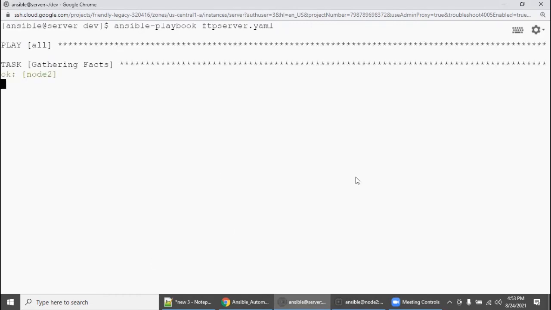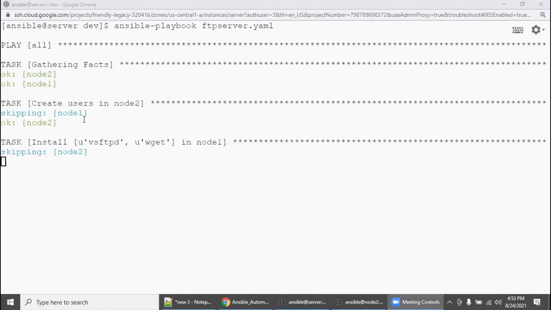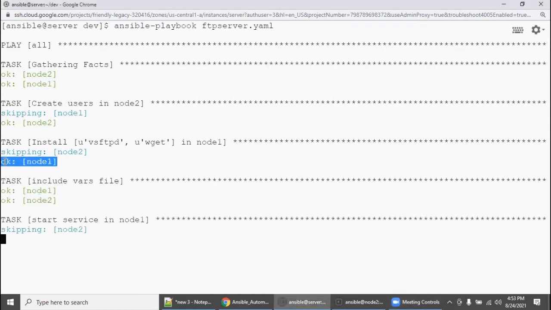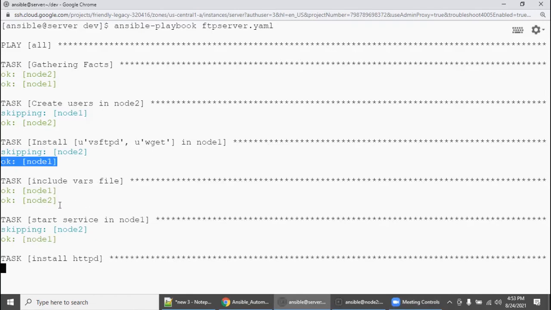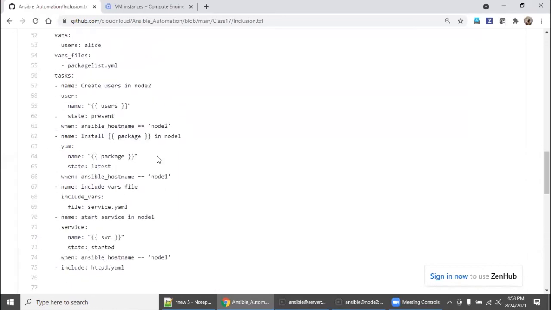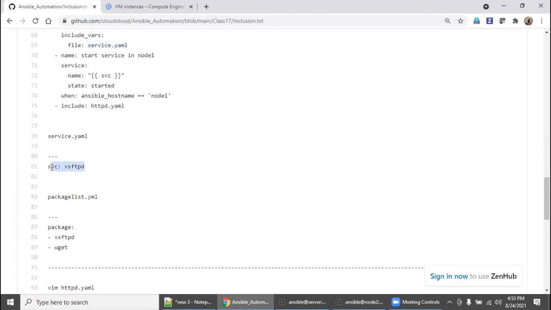So what will happen? It is happening in node 1. Why? Because we have given a condition here, and this include vars file. What is there in the include vars file? We haven't given any condition, so we are just loading service.yaml. From this file service.yaml, the variable and value got loaded.